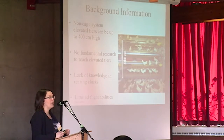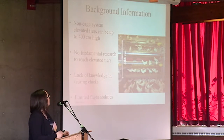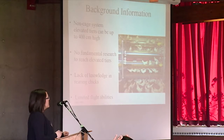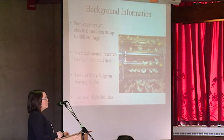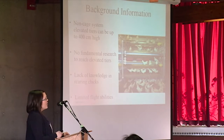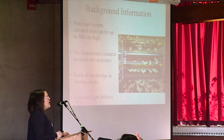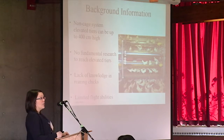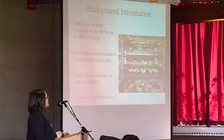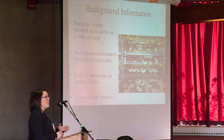To start off with some background information, when pullet-laying hens are moved into non-cage or aviary type systems, they're expected to reach elevated tier heights, sometimes as high as 400 centimeters, where they are provided with essential resources such as food or water. There is no fundamental research on the most appropriate way for these birds to reach these elevated tier heights. Perhaps the installation of ramps will provide these birds with a safe way to maneuver between tiers and prevent falls